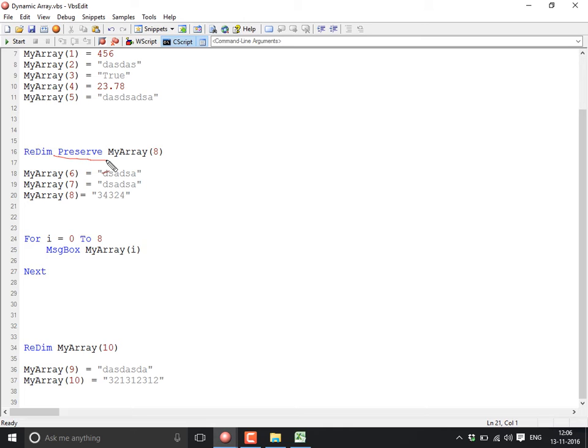This statement is used to retain the previous values when we redefine the array. Retain the previous values when we redefine the array. So it should not be Preserve ReDim, it should be ReDim Preserve and the array. Okay, now